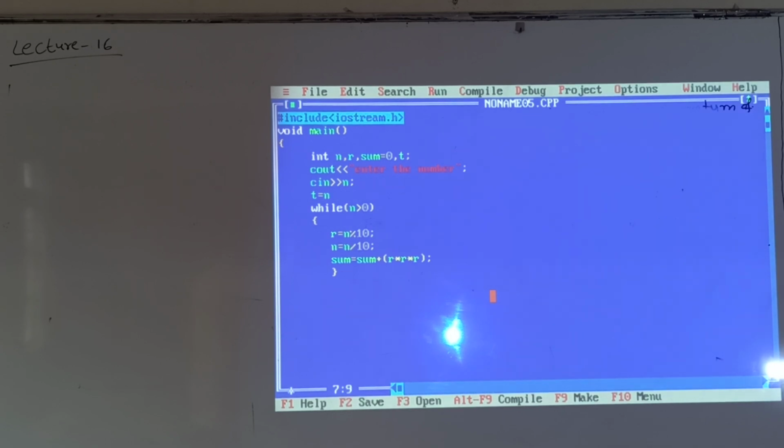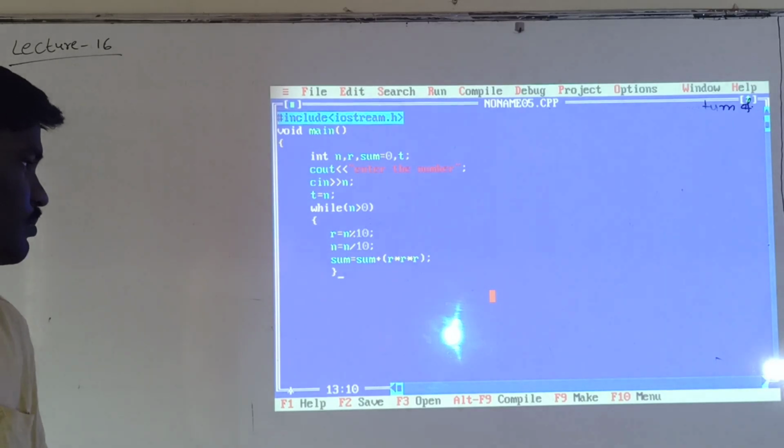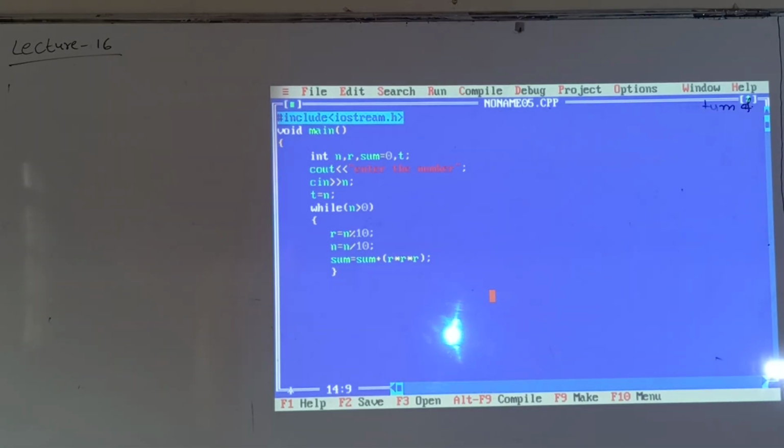t is equal to n. Because once the while loop becomes false, the n value is 0. That's why one copy is stored in t.